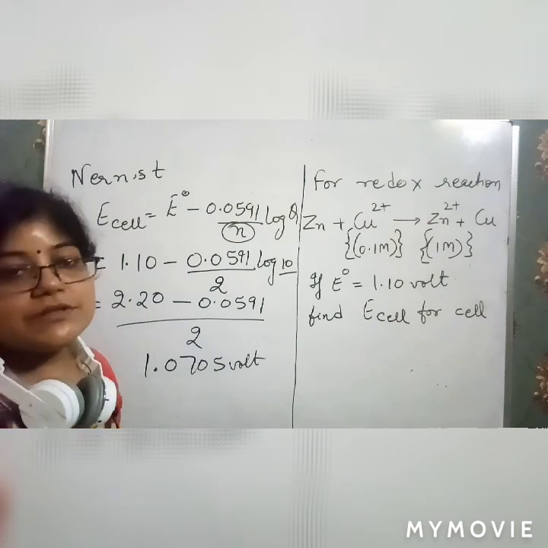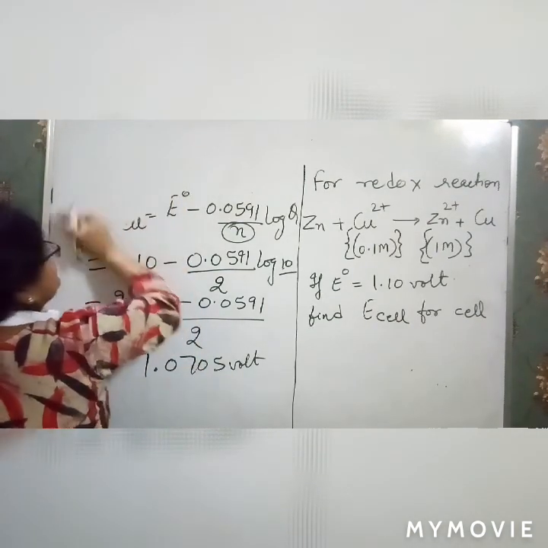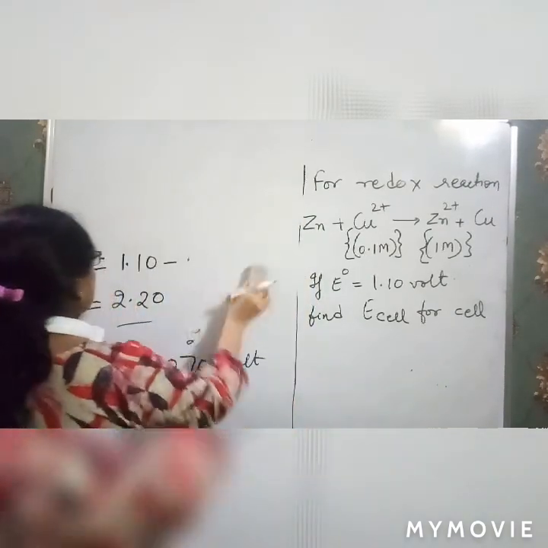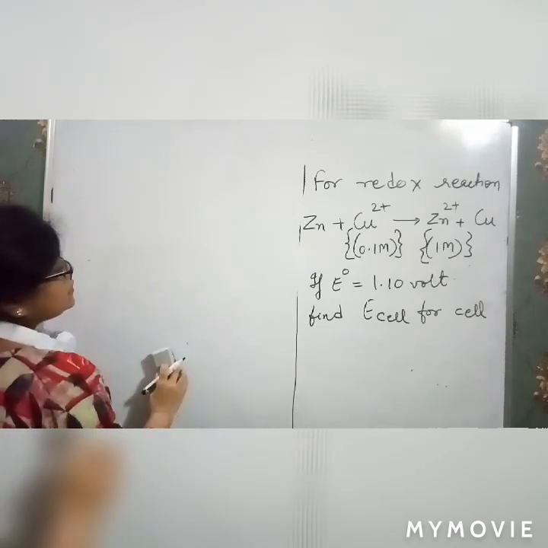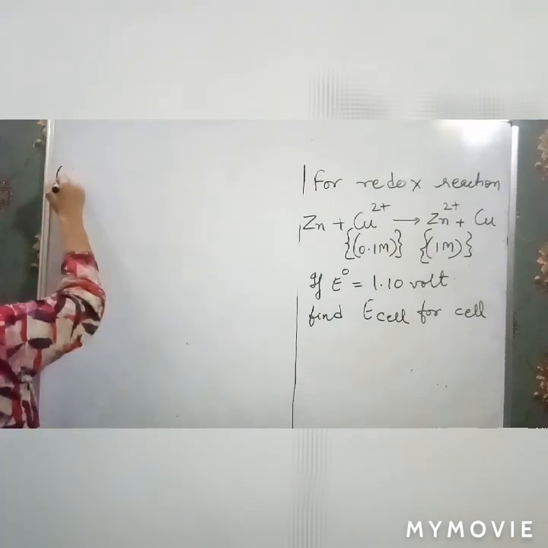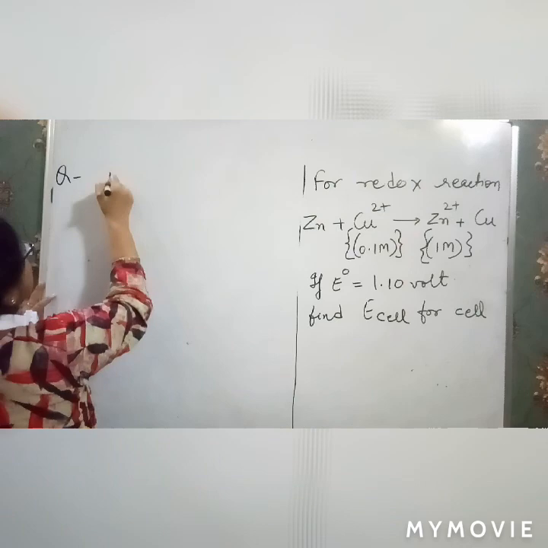And there's one more question that is sometimes asked in competitions: the standard electrode potential is given, and it is asked which one is the strongest reducing agent or which one is the strongest oxidizing agent. The questions are like this. So for example, if there are some metals having